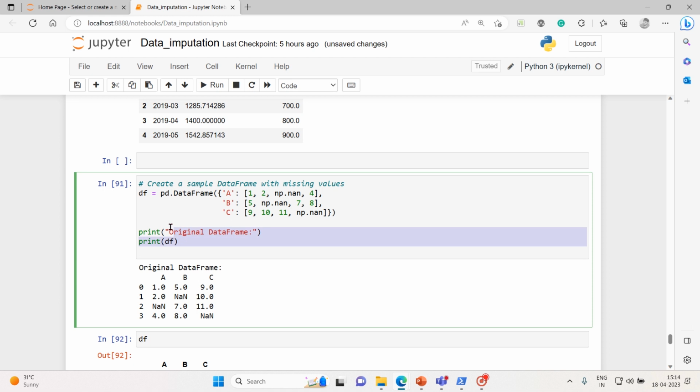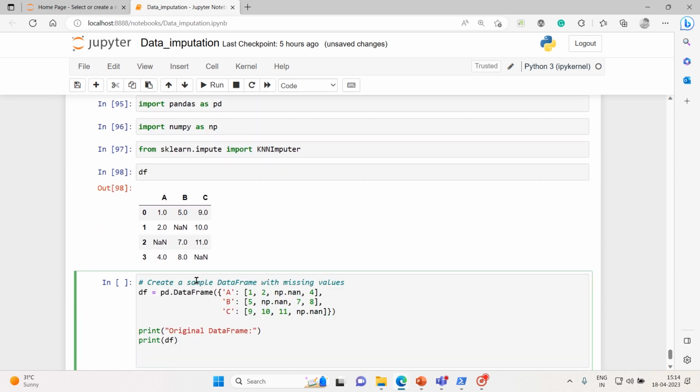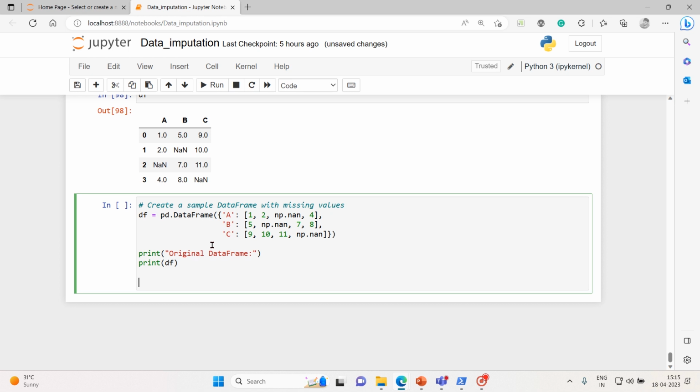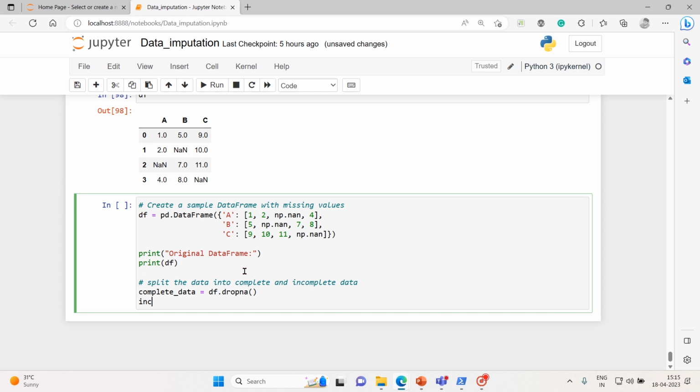So let's take this code exactly from here and paste it here. Now the next step, immediate next step, what is that? Splitting. So let's split the data into complete and incomplete data. So complete data is equal to df.dropna, as we have done before for the regression, and incomplete data